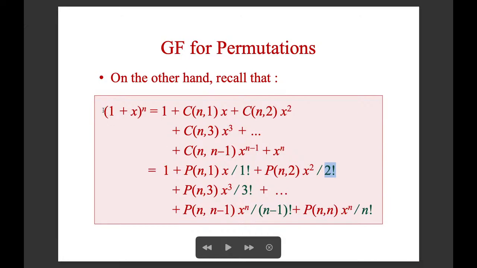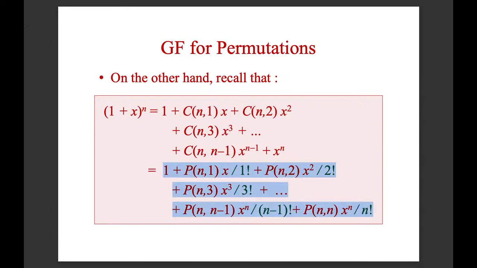And somehow, (1 plus x) to the power n corresponds to the way of making n decisions: whether we choose the first object or not, whether we choose the second object or not, and so on and so forth. So somehow, we see that if we modify the definition of a generating function, then perhaps